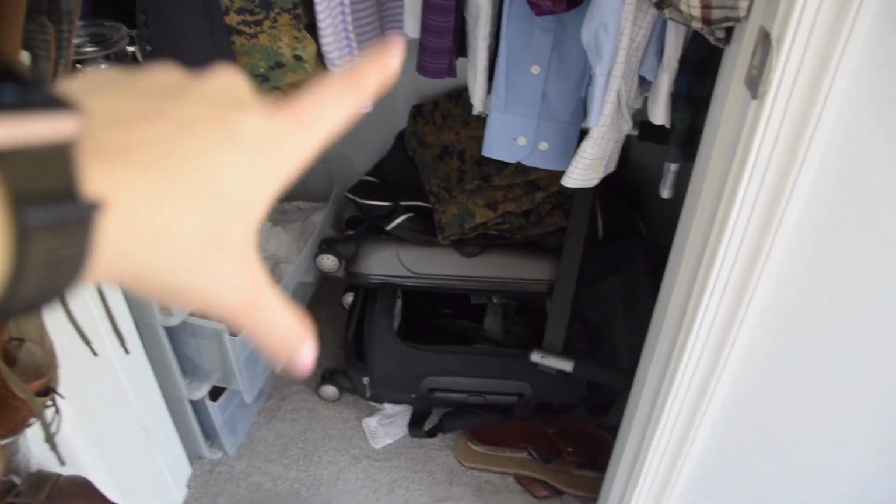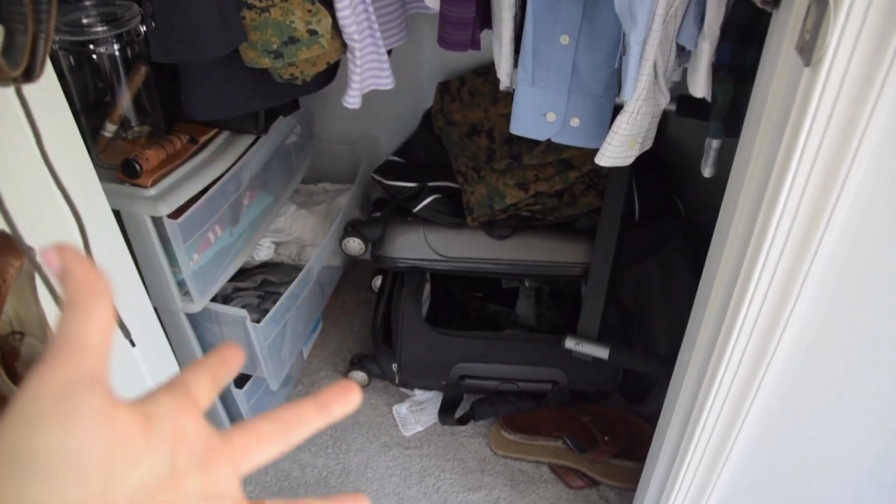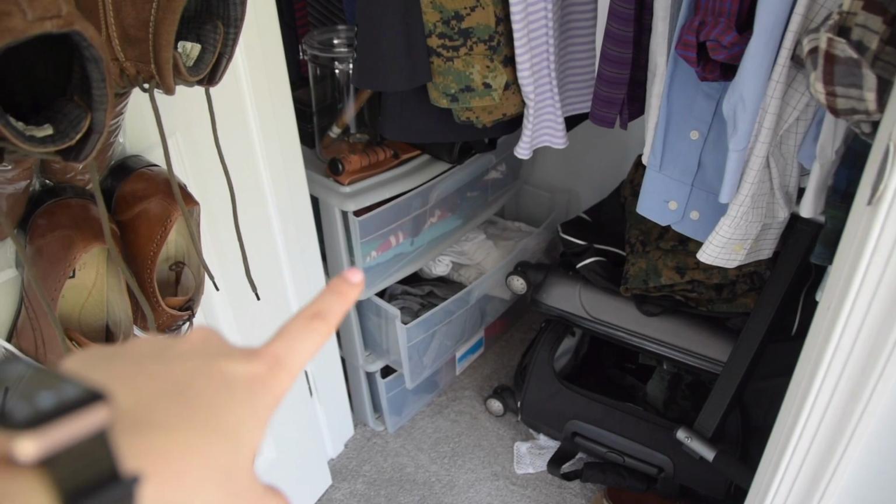So my game plan is to pull all of the stuff out, figure out what we're getting rid of, what we're keeping. Honestly, probably gonna keep most of it. I'm gonna move this dresser to be flat there. And then I also wanna take all of his t-shirts out of these flimsy plastic drawers and move them